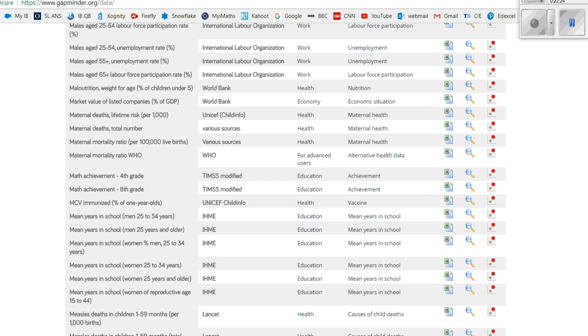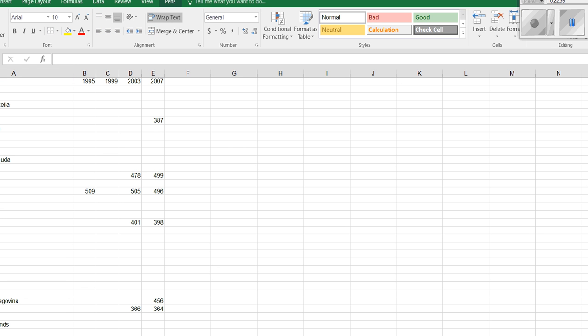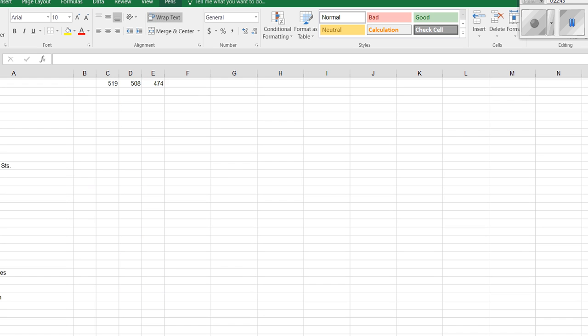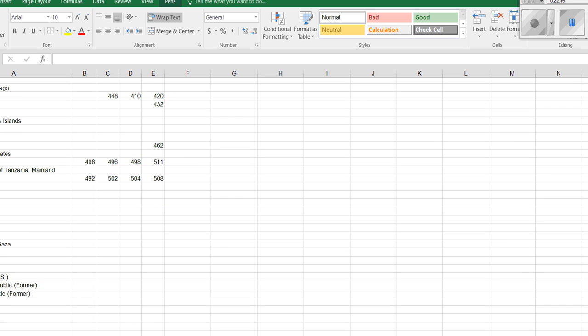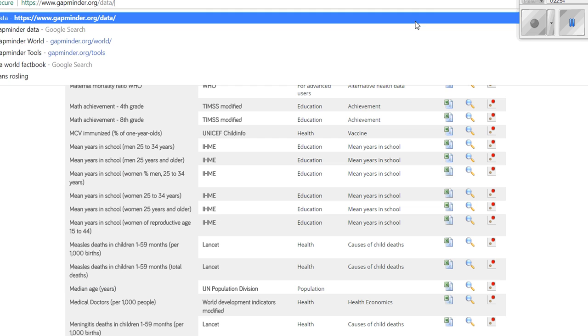Math achievement. No. I didn't even know they had this stuff. Do they have more data on this? Because it's all up to whether the country has data. 2007. And see, it's got lots of countries listed, but it's missing data from most of them. There's like no data. Yeah, see, this one doesn't have much either. Is there data on there? Oh yeah. No data. I wonder who does have it, because you need some kind of standardized test, wouldn't you?